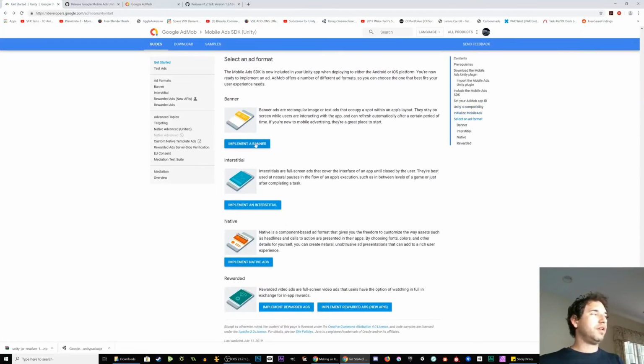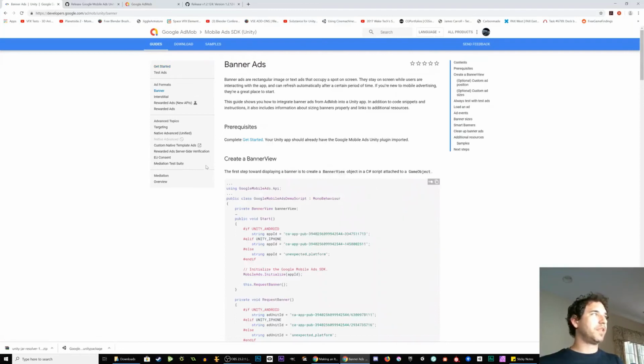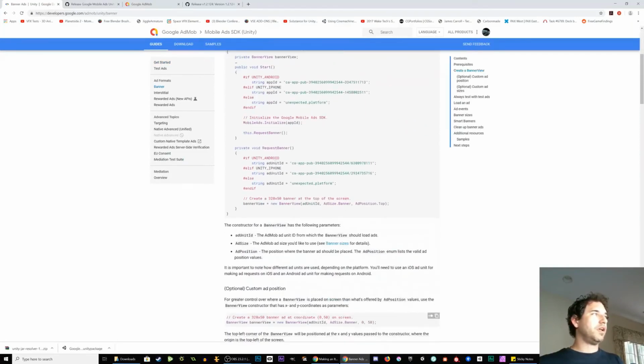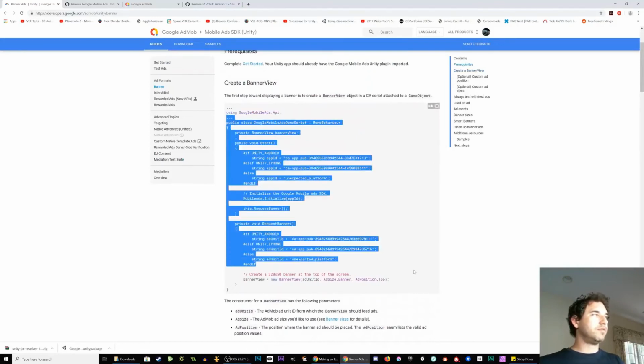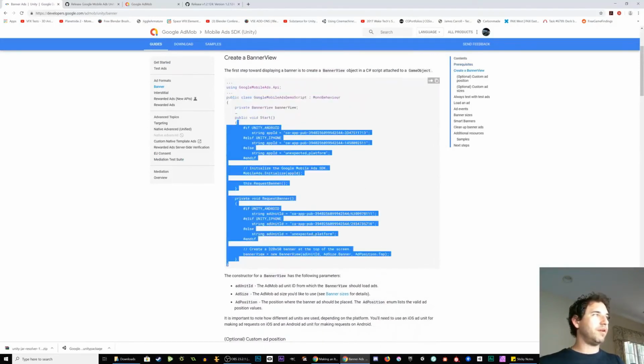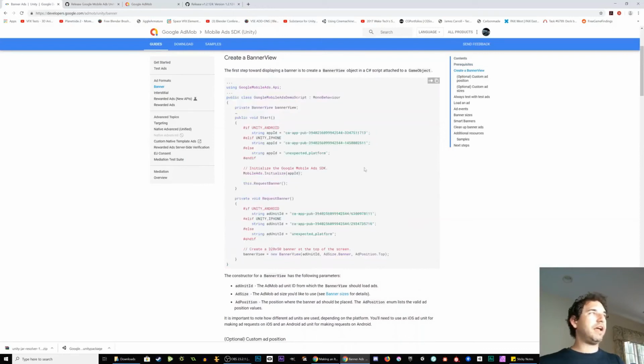So when we make actual IDs for our advertisements, this is how we would do it. We go implement a banner, cool, and then just completely get it started. We'd go to create a banner view, we'd get our ad unit ID. Our ad unit ID is actually going to be